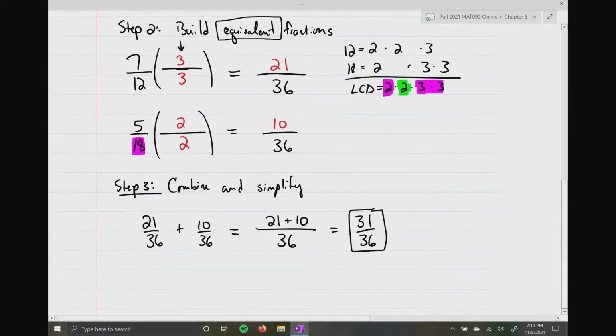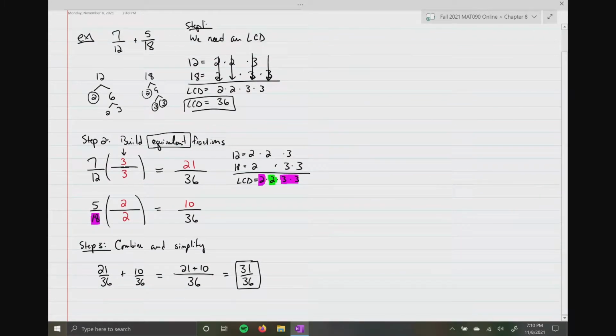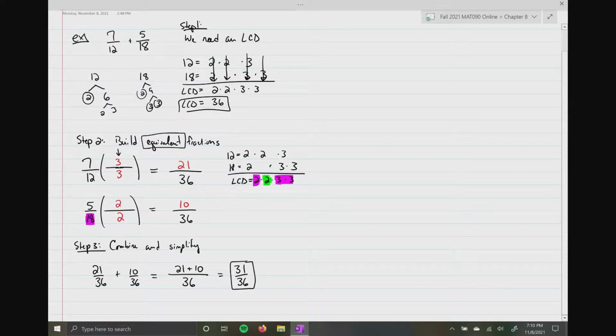So if we can keep this process in our head, adding or subtracting rational expressions with unlike denominators is very, very simple. It is just literally this process all over again. Okay? Now,